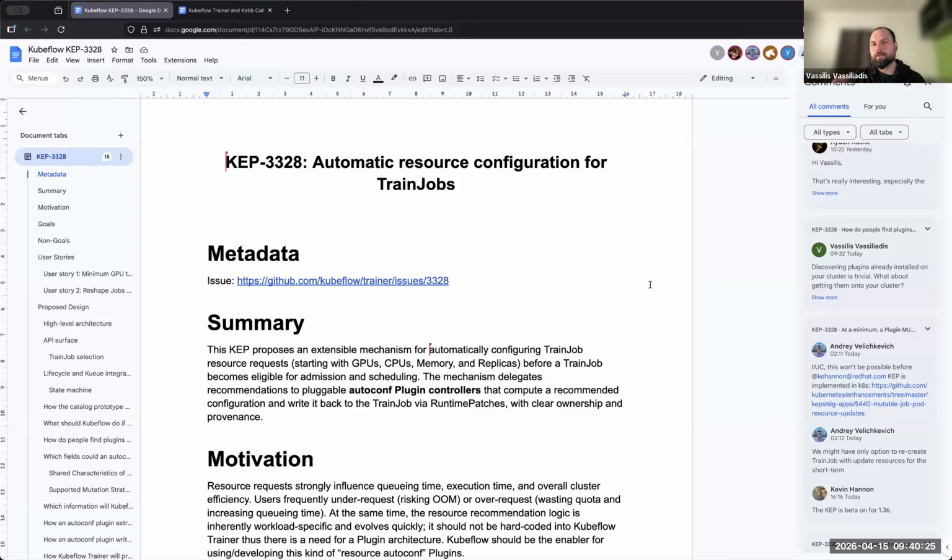Because imagine if you start a job and it starts running while you're computing the resources, and then you change the resources. There's a chance that the job has produced some kind of checkpoint, and then when you try to start with a different number of GPUs, it's just not compatible with the checkpoint. You can see there could be problematic scenarios like that. So the responsibility of Kubeflow is not to decide the actual values, but to ensure that plugins can do that action in a safe way, if that makes sense.